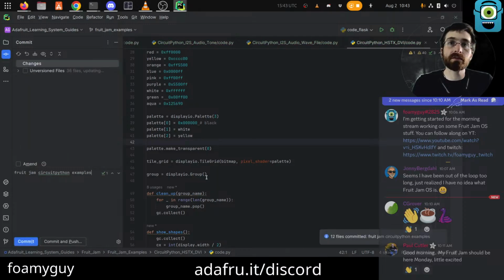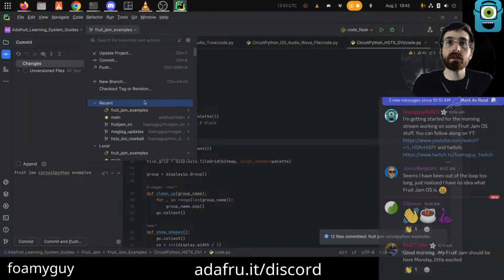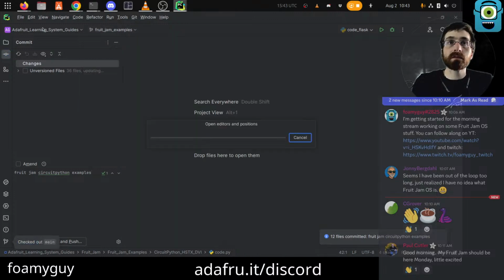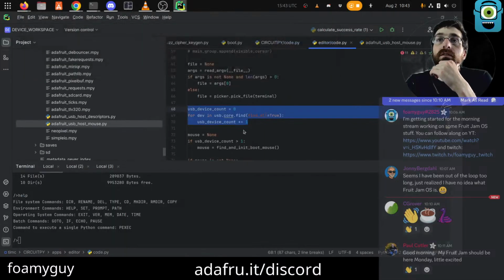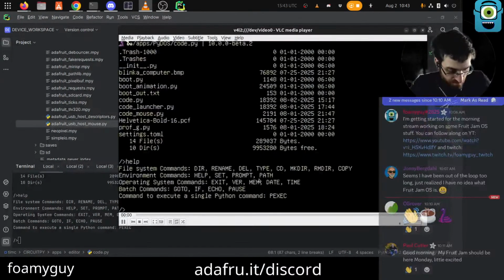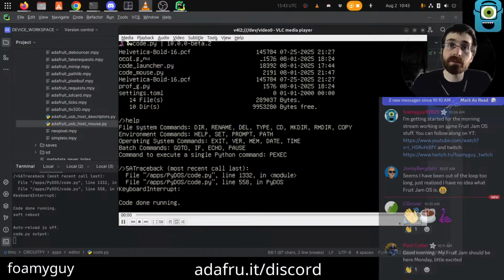I'll just commit locally. We don't need to push yet. Oh, I meant to do update instead of checkout, and now this is gonna take a minute and lock out the rest of my PyCharm instances, which is a nice trick. Back to here, Control C.